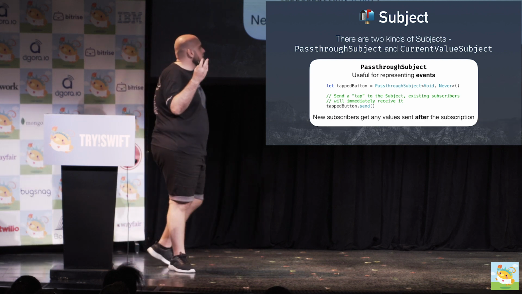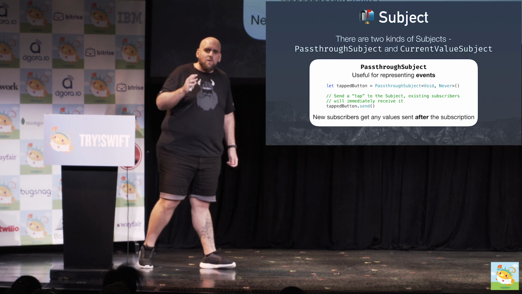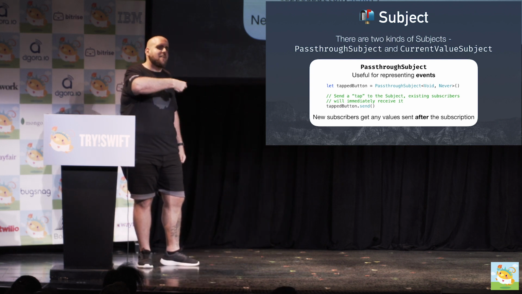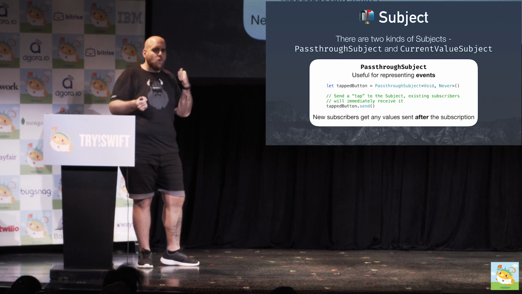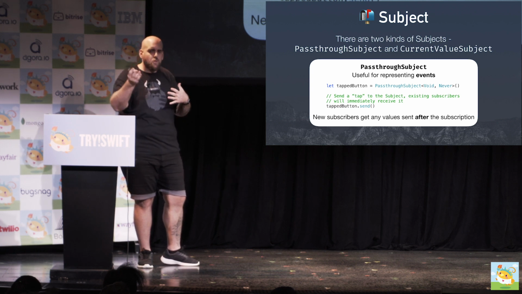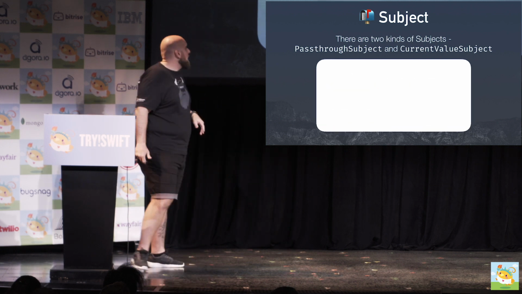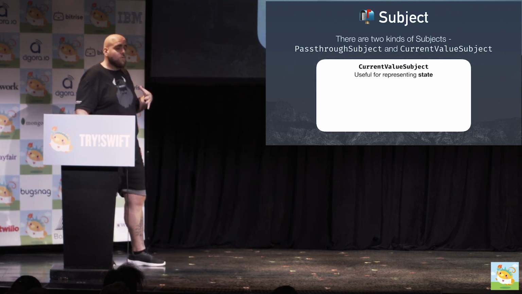New subscribers get any values after the subscription. And this is an important distinction. It means that if an event just occurred and you subscribe after, you're not going to know it happened. You only know what happens in the future, but not in the past. That's why it's event-based. As opposed to it, we have a current value subject, which is really useful for representing